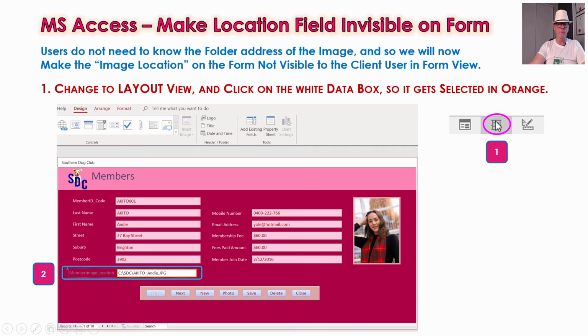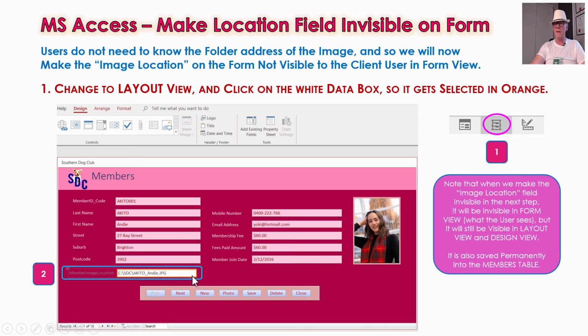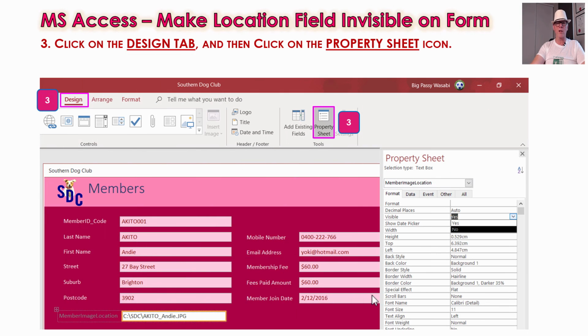So in layout view, go to that box and click on it so it's selected. So it's highlighted in orange there. That's how you know it's selected. And then we're going to make that image location invisible in the next step. Now it'll be invisible on this form when they're in form view, but it'll still be there in layout view and design view if you ever needed to go back and change anything with it later on. All right, so